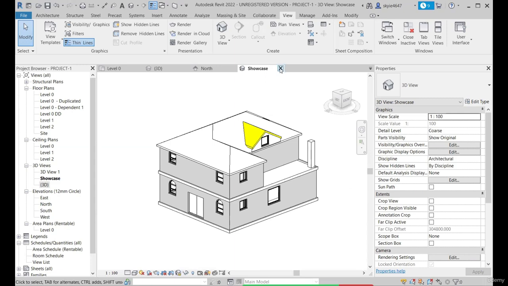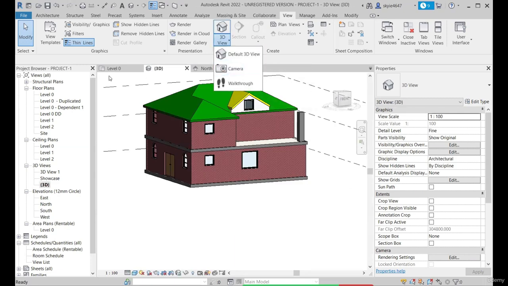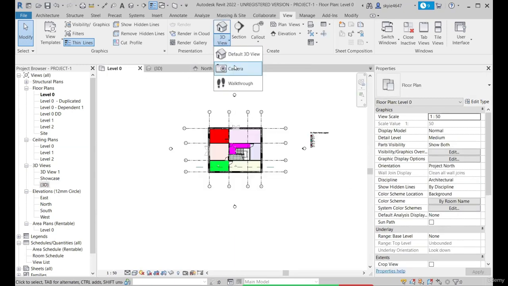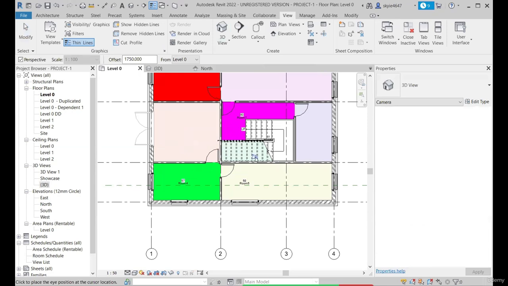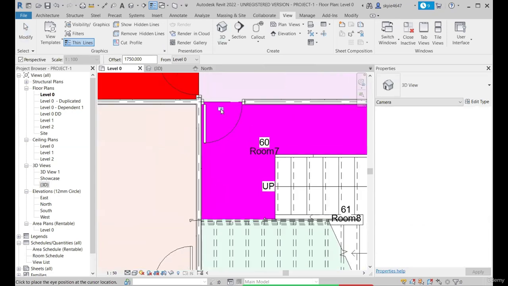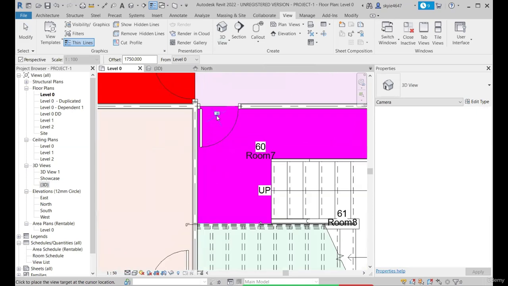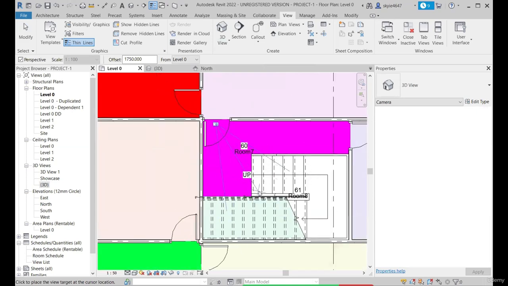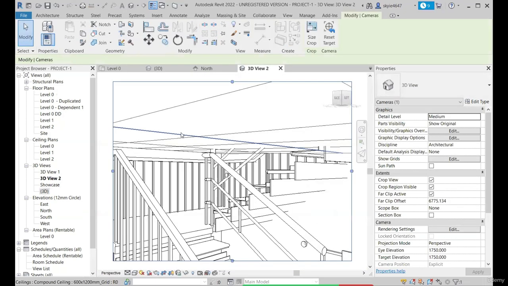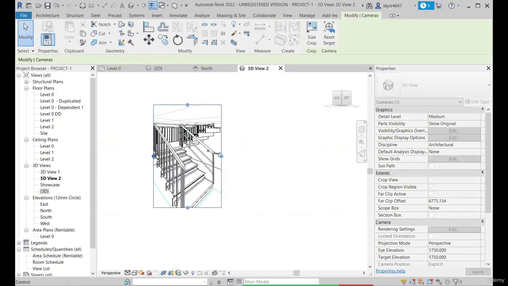And then we have the camera tool. The camera tool is nothing but a simple view. If you want to view this particular room from this particular location, you just need to place the camera and decide the direction and the total area to be viewed. I want the camera to be fixed in this direction. Whenever you are okay with the direction, just click on OK, and you can see